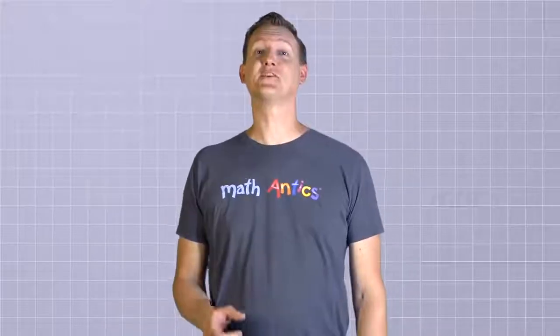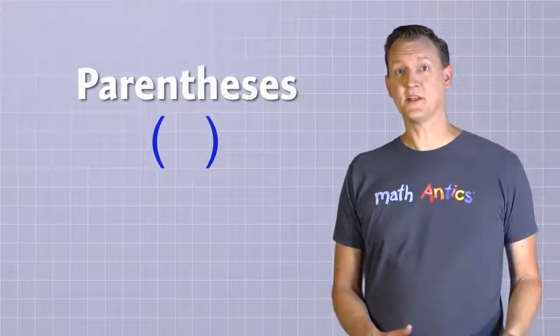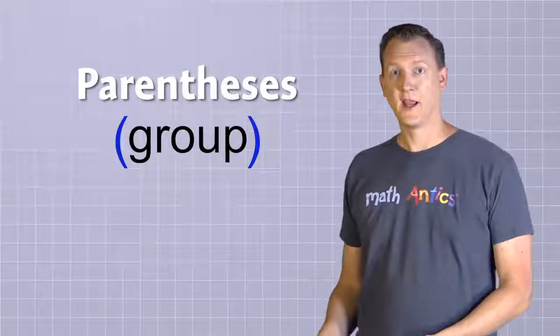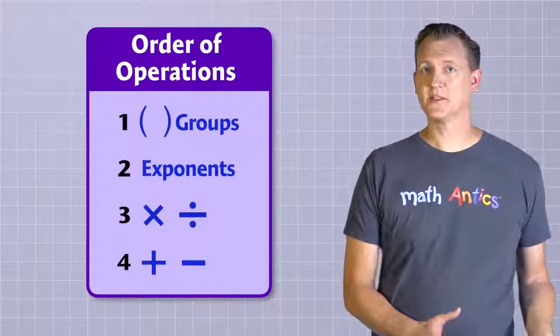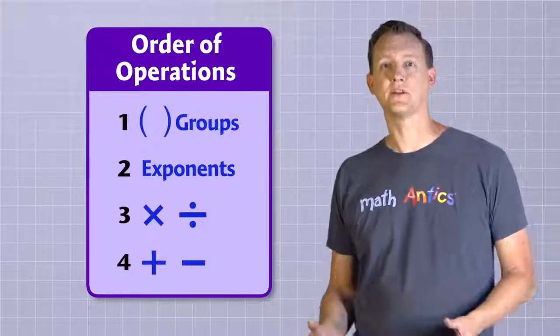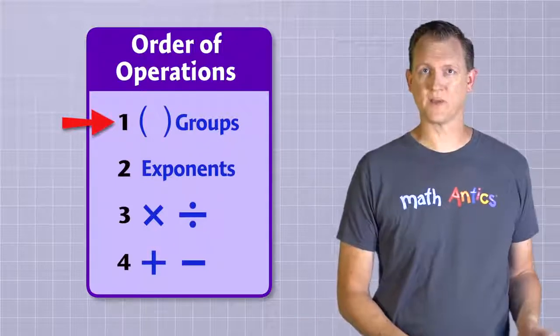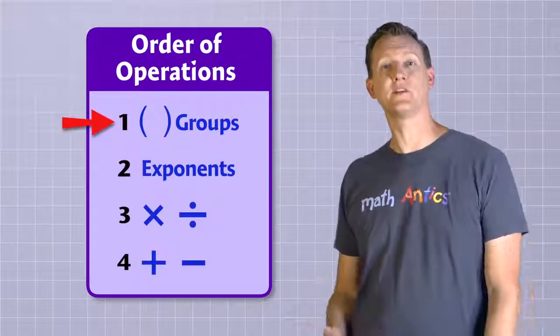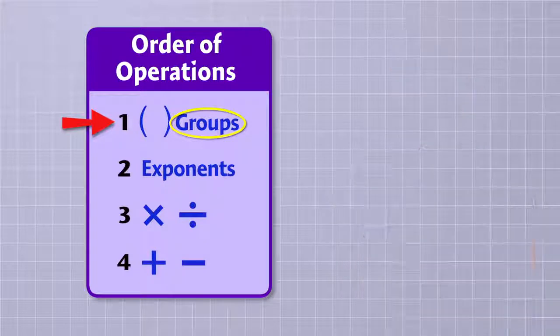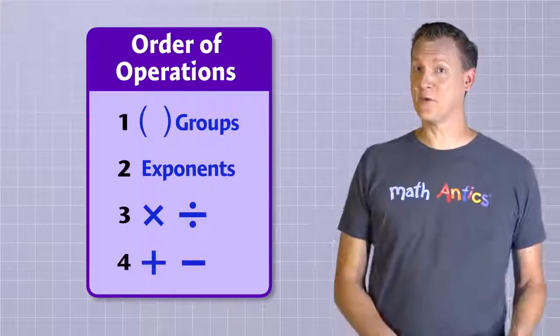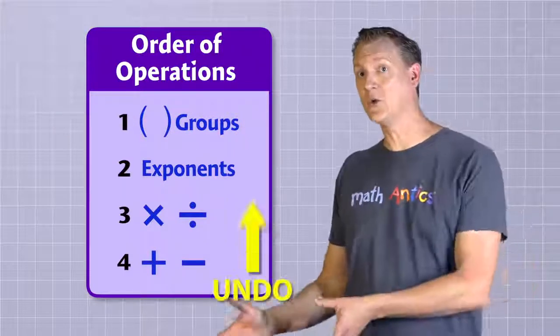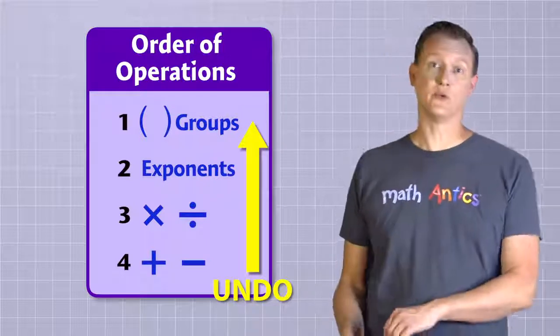But solving two-step equations gets a bit trickier thanks to a little something in math called groups. Do you remember how parentheses are used to group things in math? And our order of operations rules say that we're supposed to do any operations that are inside parentheses first. In other words, we need to do operations that are inside of groups first. Well, guess what? That means that when we're solving equations and undoing operations, we need to wait to do groups